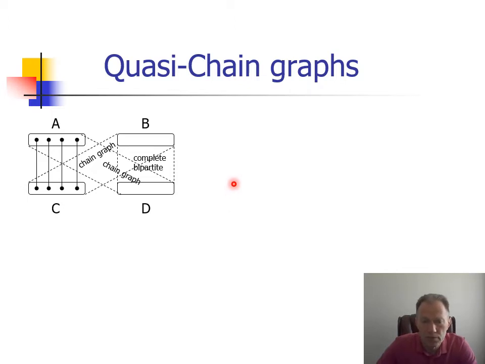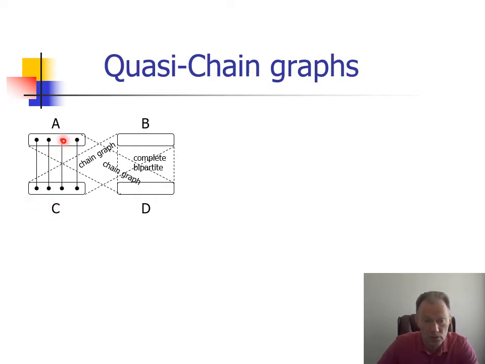It's not difficult to see that any graph of this structure is a quasi-chain graph. Now, since A and D induce a chain graph, the vertices of A can be linearly ordered under inclusion of their neighborhoods within this chain graph. Similarly, the vertices of C can be linearly ordered under inclusion of their neighborhoods within the chain graph induced by B and C. And these two linear orders are consistent in this